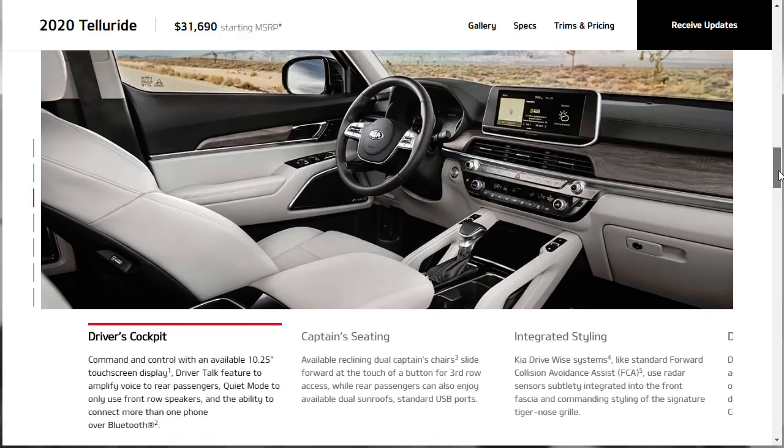They've got some information below here, breaking down a lot of things. So they say the driver's cockpit, command and control with an available 10.25-inch touchscreen display. That's right here, right? Hard to miss. Driver talk feature to amplify voice to rear passengers. That's cool. Quiet mode to only use front row speakers. And the ability to connect more than one phone over Bluetooth. So that's the driver's